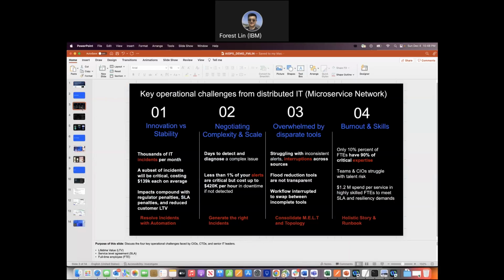There are key operational challenges from the distributed IT for the enterprise. The complexities brought from the modern architecture based on the microservice network, and also the complexity of the hybrid cloud. For example,